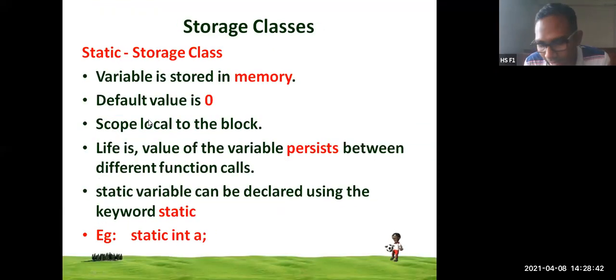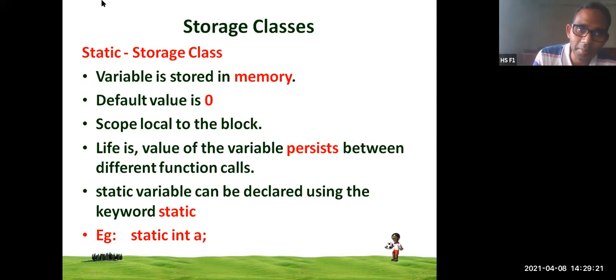static variable or static storage class. Coming to a static storage class, the variable is stored inside the memory, similar to RAM. It is also going to be stored in RAM. Now the difference between automatic and register variables, and static variables, is that static variables will have a value 0 in them. This is created on the data segment. In memory we are having data segment, code segment, etc. So static variables and external variables are created on the data segment.